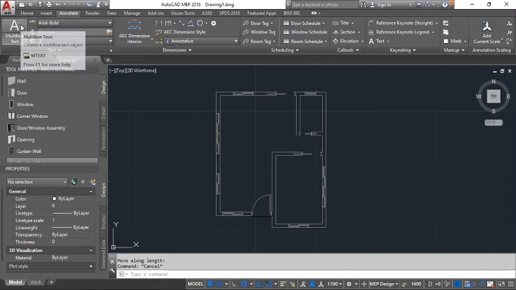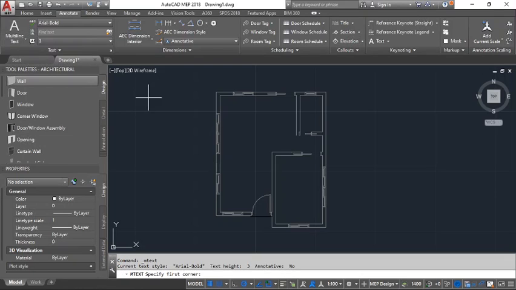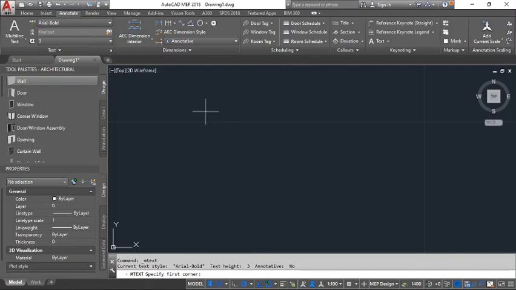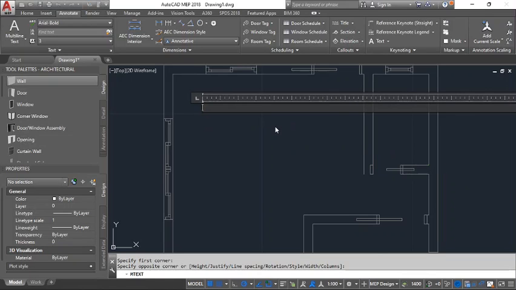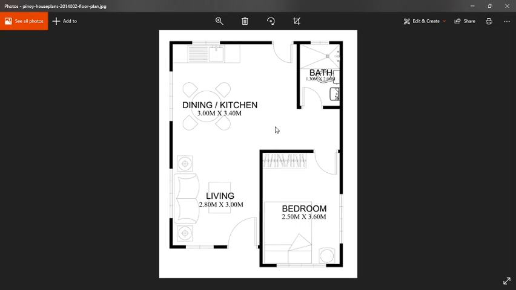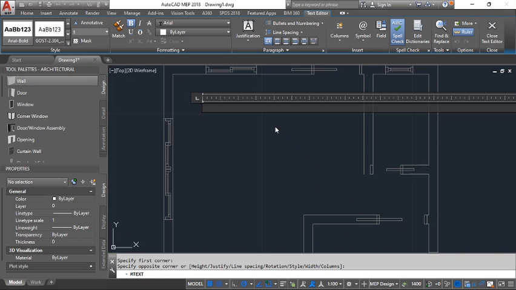If it's not good enough, we'll make it bigger. So this is dining slash kitchen. Dining slash kitchen,